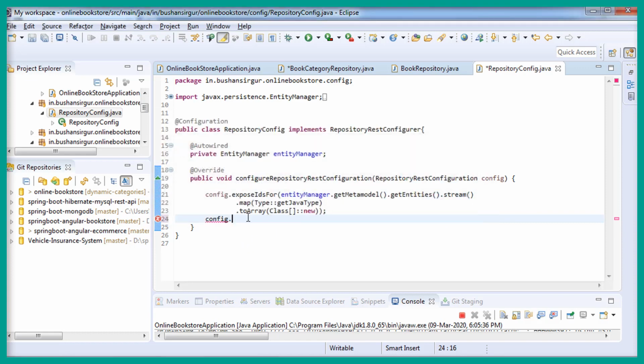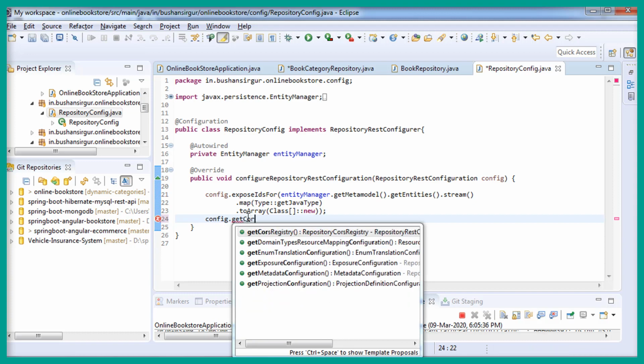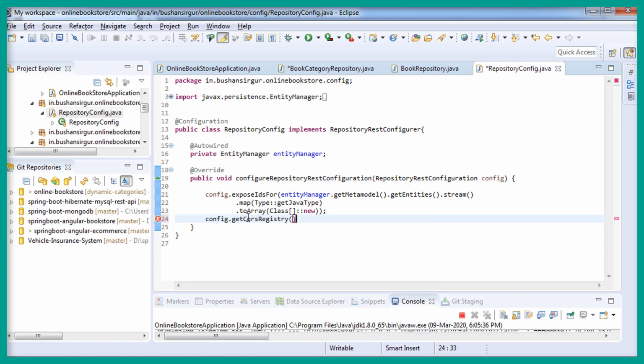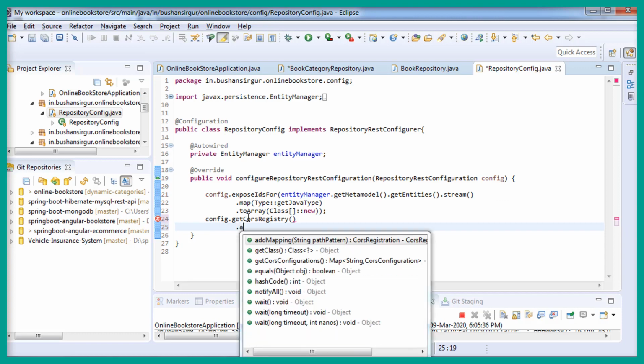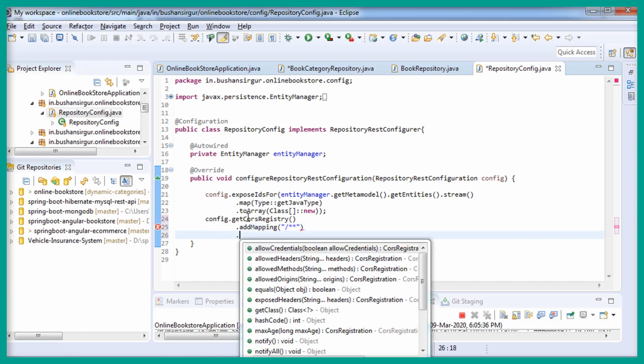We're going to call a method which is getCorsRegistry, and on this method we're going to call addMapping, and we're going to add the mapping /**, meaning for all the requests.